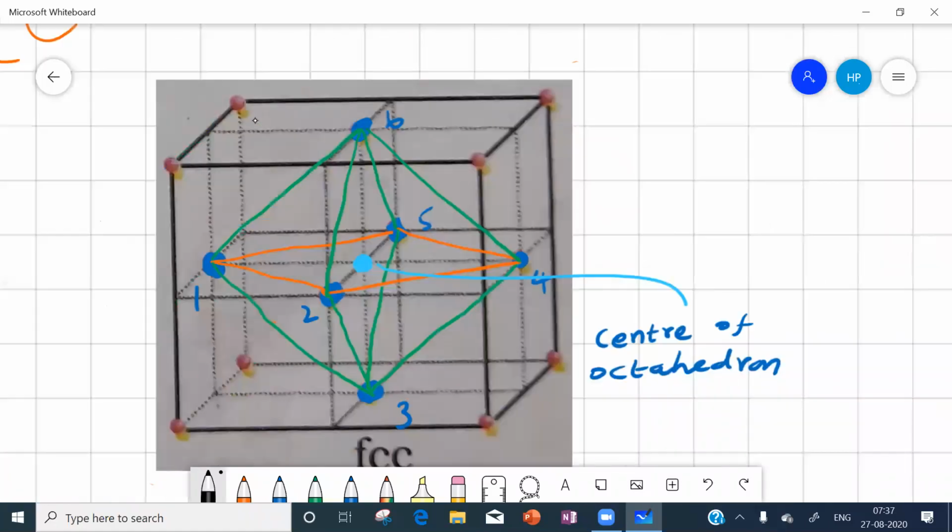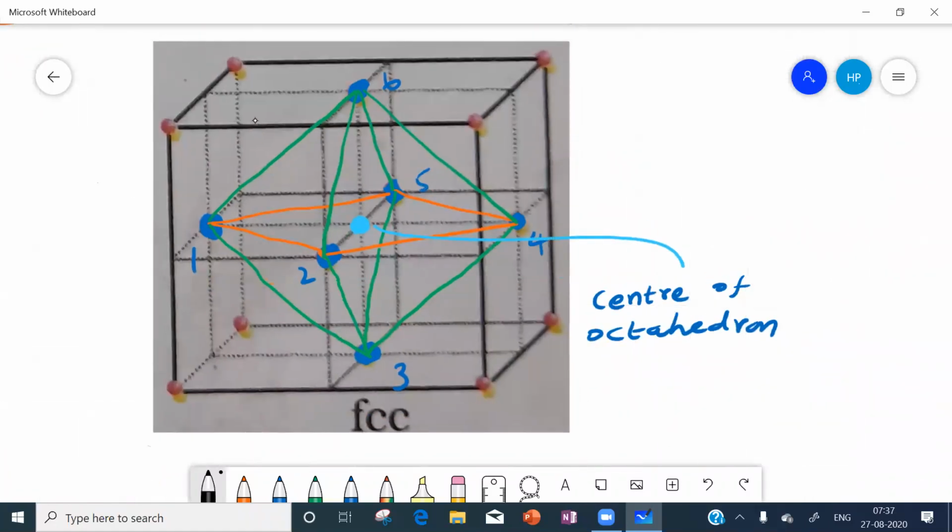We will take this as the FCC unit cell. In this FCC unit cell, we drew an octahedron. Now this is the center of the octahedron. This center of the octahedron, you are calling an octahedral void.